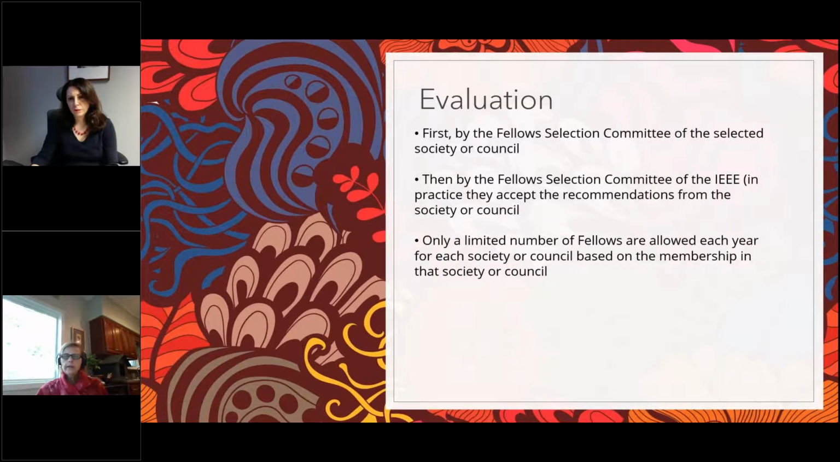So then the society or technical council, in our case the CIS committee, will make a recommendation to the fellows committee of the greater IEEE, and they will then be considered by that committee. In practice, in my experience, the Fellows Selection Committee of the IEEE has always selected and accepted the recommendations from our council,